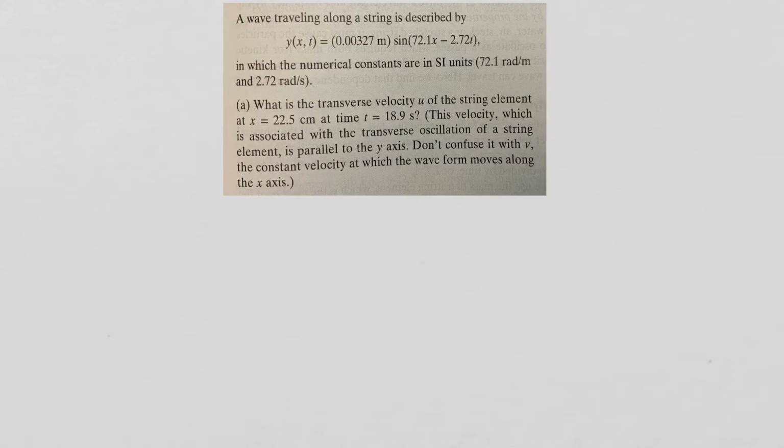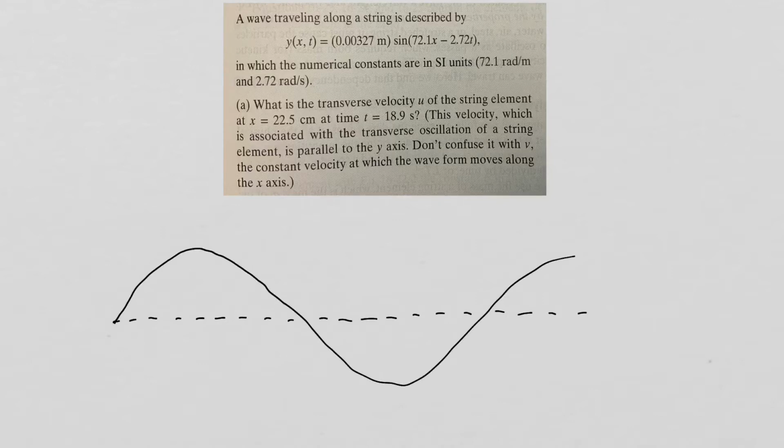This is a problem about calculating the transverse velocity of a string element as a wave propagates along a string. As I discussed in the lecture, if I have a string and a wave that propagates in that string, like so, I can consider a string element with mass dm and length dx, and this string element oscillates vertically in a simple harmonic motion,